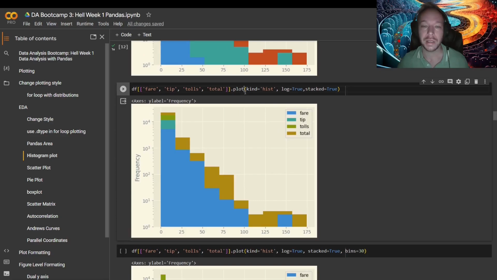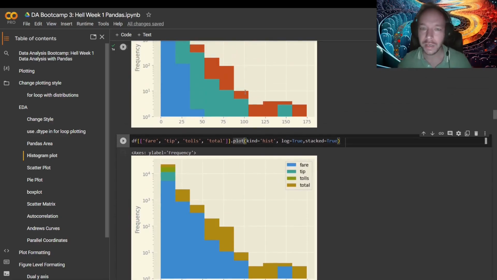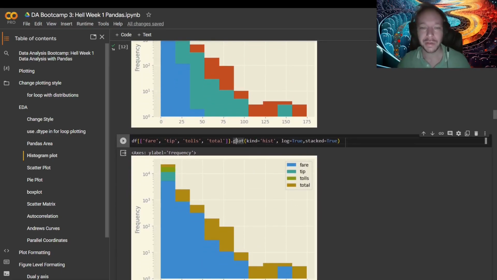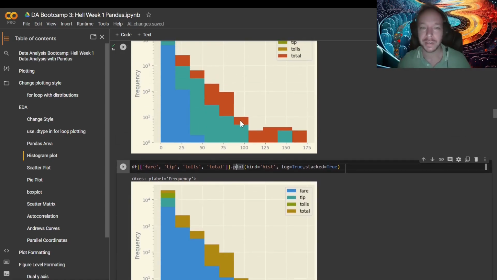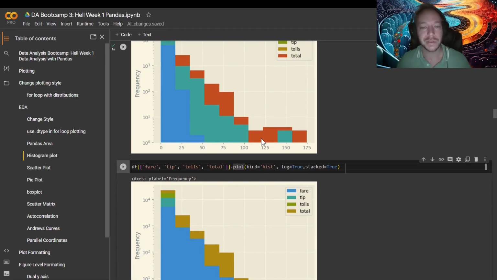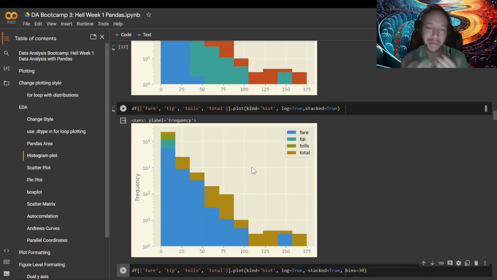Okay. And here, looking at just a few more variables, you can see how they're at different scales. So comparing the total, the other ones might not make as much sense. I got rid of the distance because it's a much smaller scale than everything else. Distance deals in kilometers and then the fare in miles. It's a different unit, and so it doesn't really make a lot of sense to have that one plotted together. So you just have to be careful what you're doing. So here now we have variables that are of the same scale, the same unit of measurement,